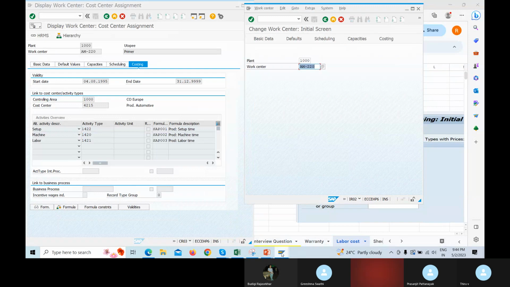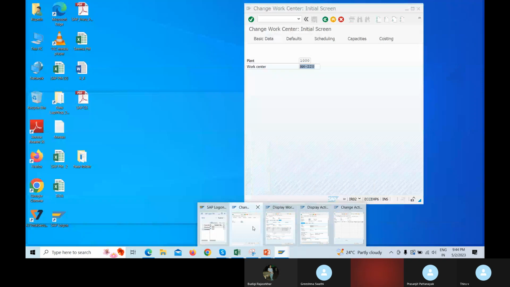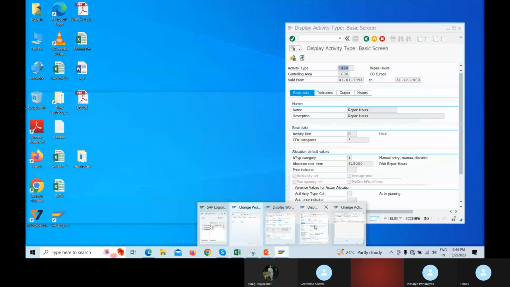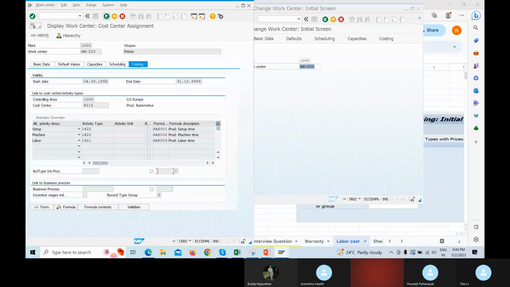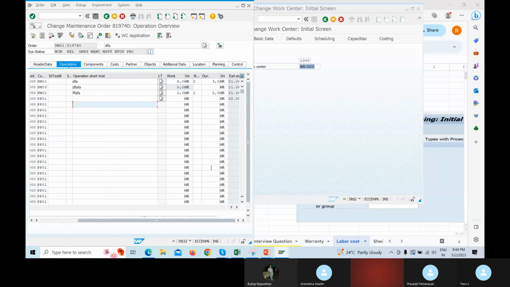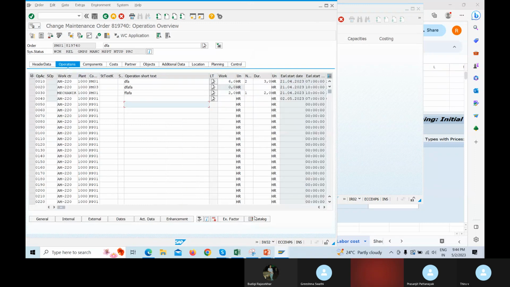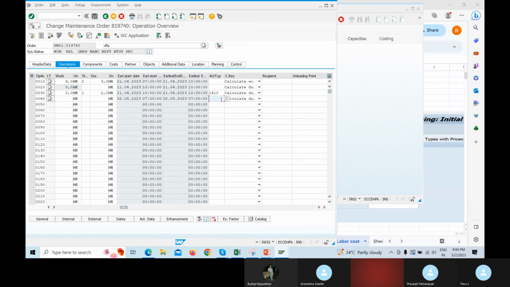Here, in this field, you can come and change the activity type if required. You can modify the activity type if you want, but it should be in this work center, the particular line item's work center.